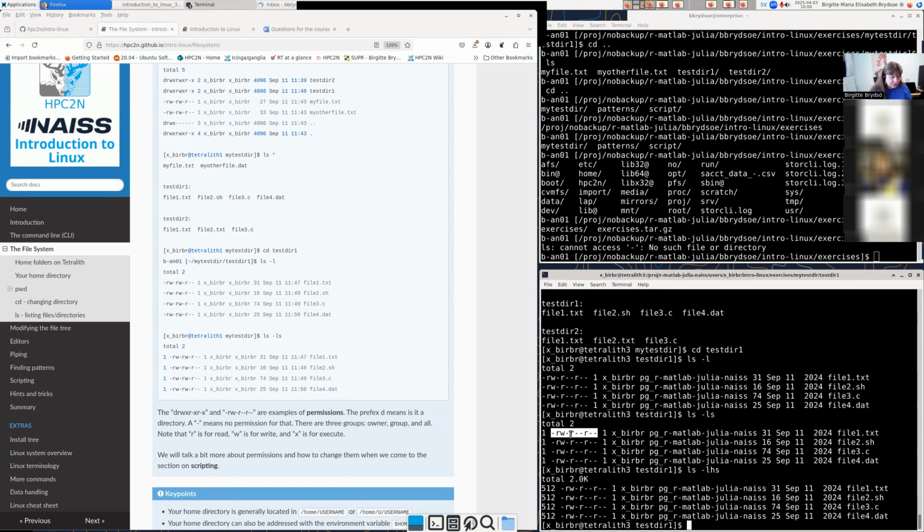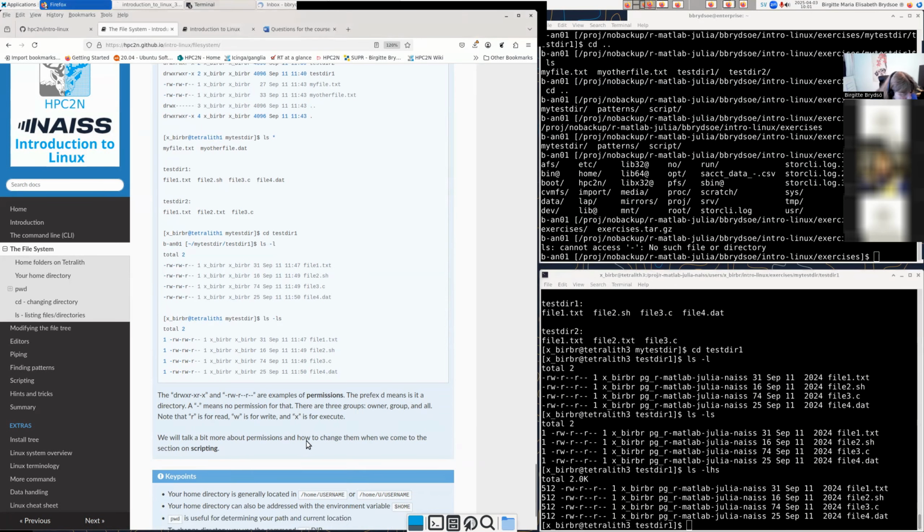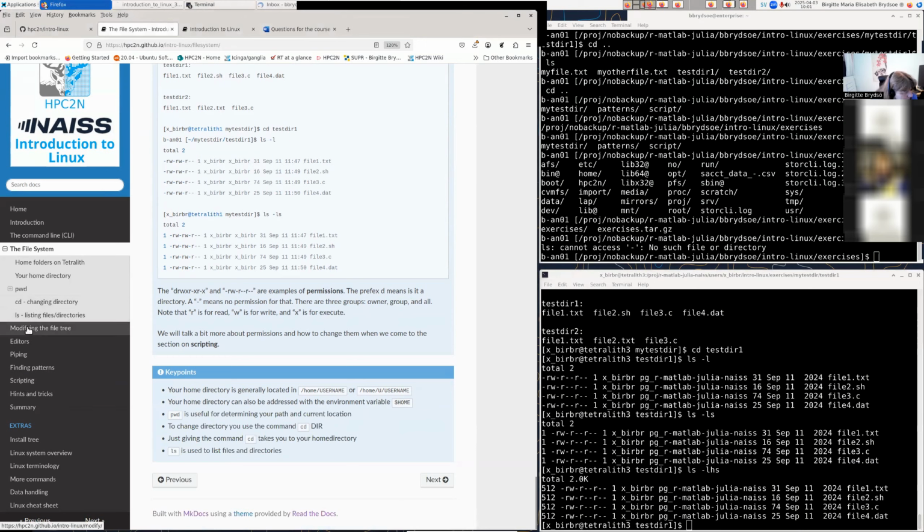And then also there's a section for all else. In this case, it is readable for the owner, it's writable for the owner, it's readable for the group, and it's readable for everyone else. And whether that's a good thing, that's up to you. You can change the permissions, but that is not something we will talk about now. So I will go